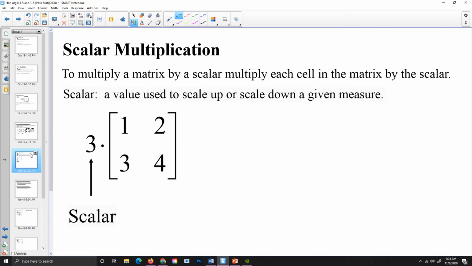So essentially, this 3 is our scalar. And so basically, we are increasing every element in this matrix by 3. And the intermediate step that I'm going to ask you to show when